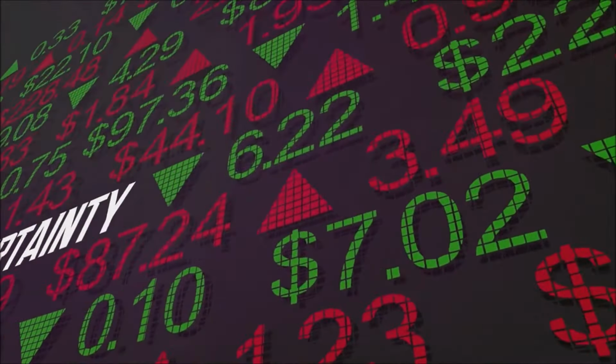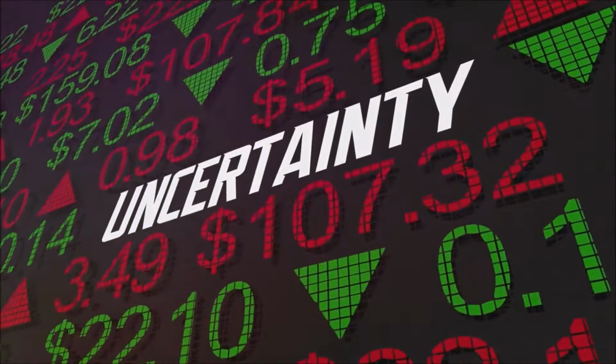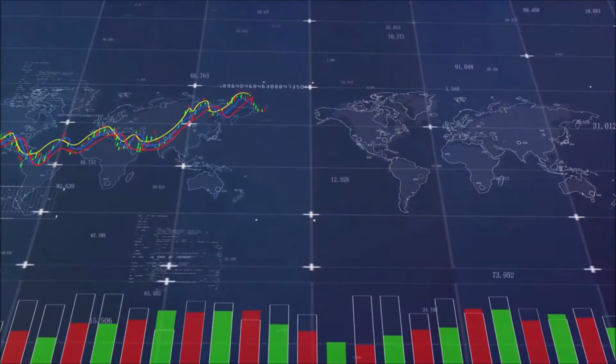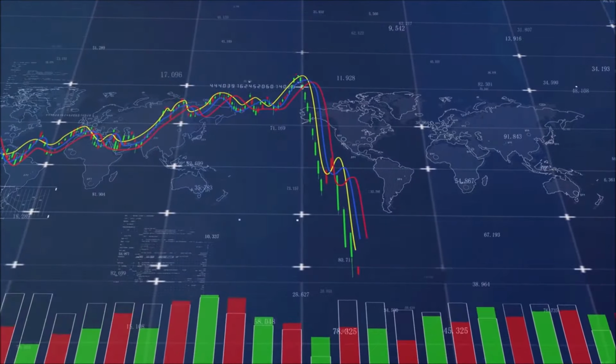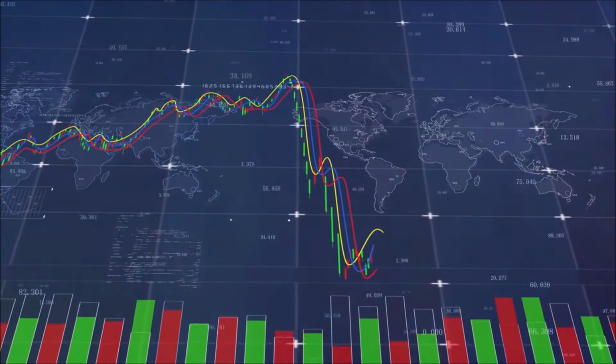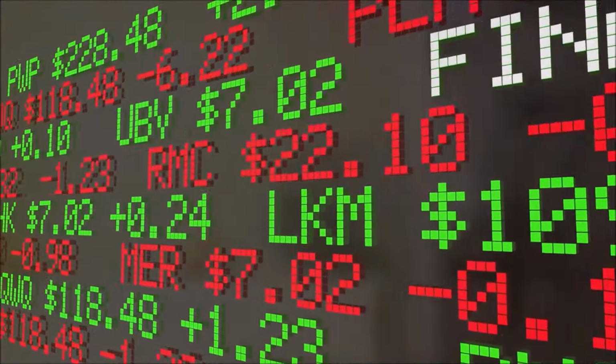Finally, high levels of debt can lead to financial instability and economic crises. When investors lose confidence in a country's ability to repay its debt, they may start demanding higher interest rates or stop lending altogether. This can trigger a debt crisis, with severe consequences for the economy and everyday citizens.